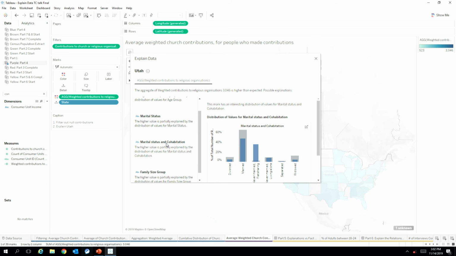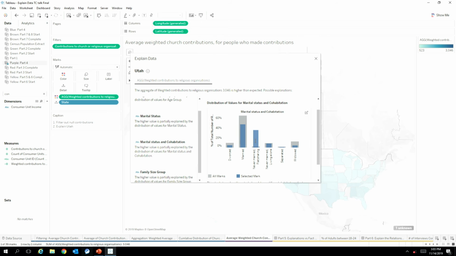And that calculation is now showing up as an explanation here as well. So while it identified married people, it's that there's a radically inflated proportion of unmarried flat sharing people in Utah, and actually fewer unmarried people who are living alone,